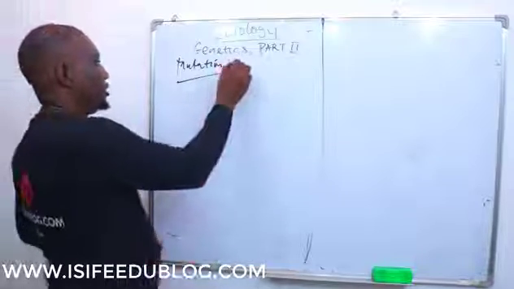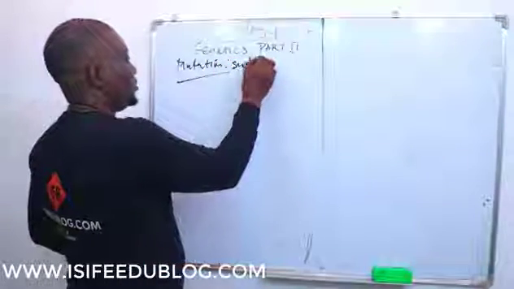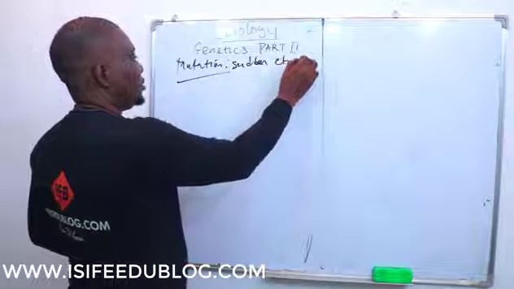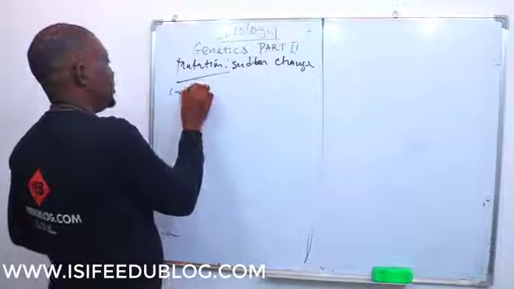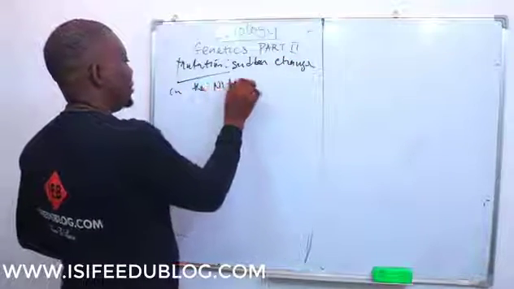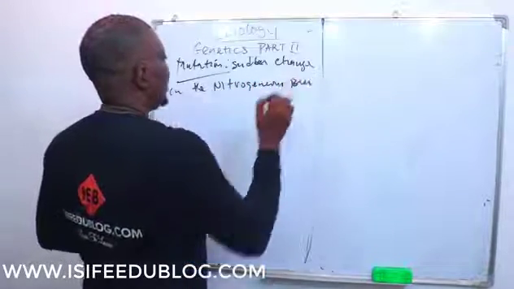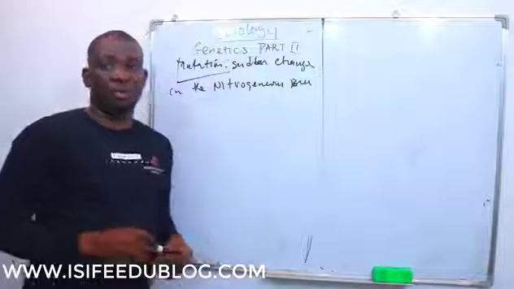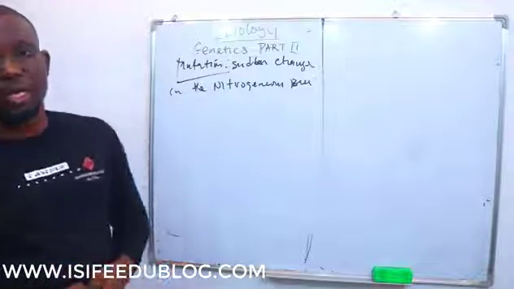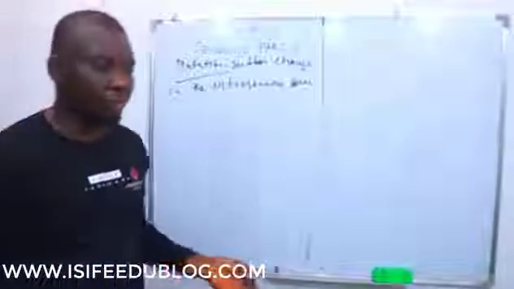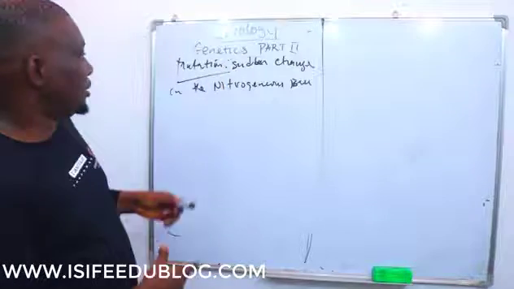Sudden change. Once there is a sudden change in the base sequence or nitrogenous base. So, as we said, we need the concept of the chemical structure of DNA and RNA to understand this concept of mutation. Now, in DNA